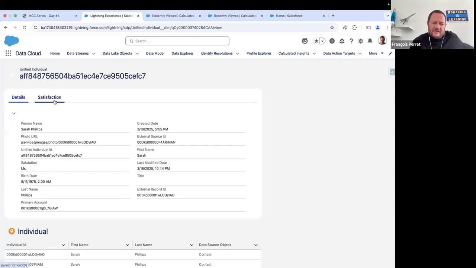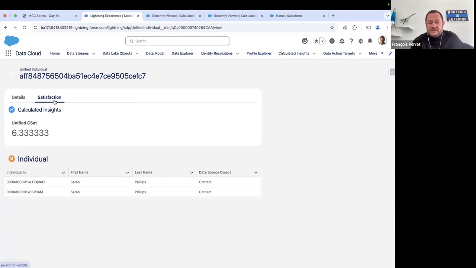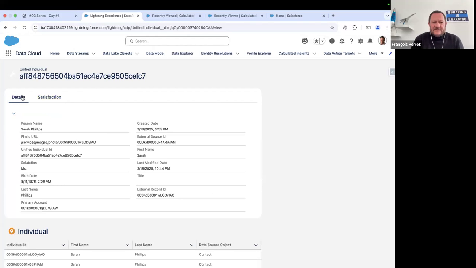And I also added the satisfaction widget, which is the calculated insight. So here we see that we have this information, which is the average of all the reservations that were previously made by all the persons embedded inside the unified individual that we are seeing here. So this is very handy because we now just have to create new reservations to add a rating, and then we will have for everybody the whole thing in sync,